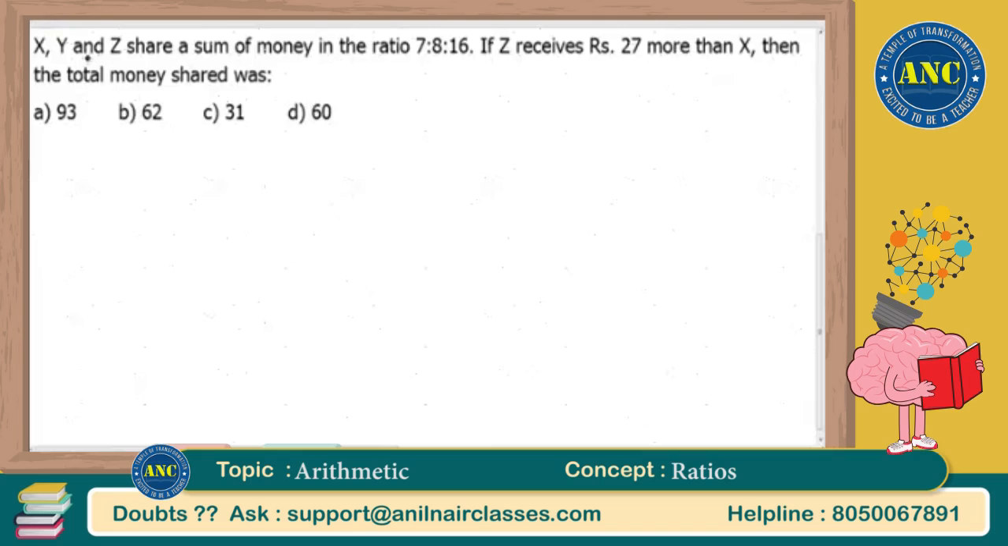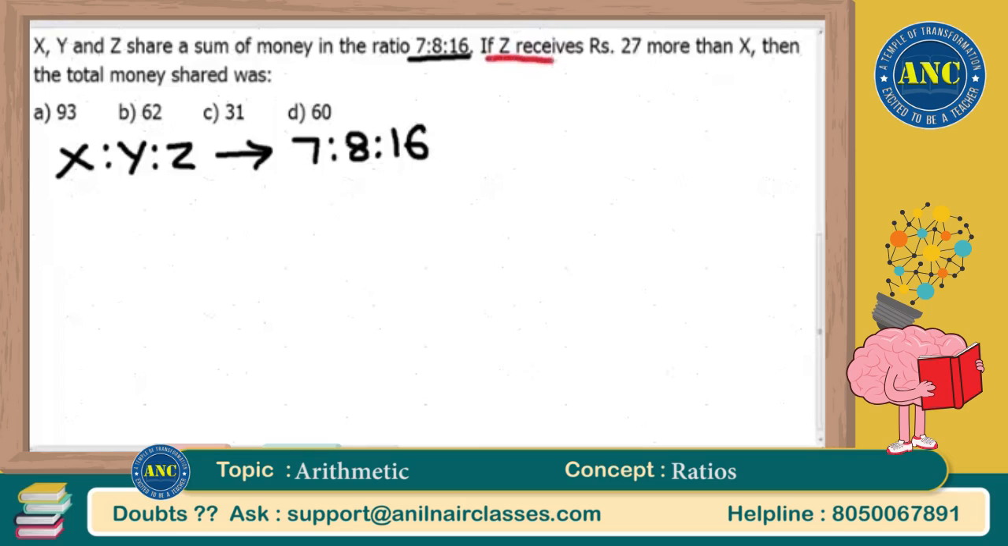See here. X, Y and Z share a sum of money in the ratio 7:8:16. That means there are 3 people, X, Y, Z. X will share 7, Y will share 8 and Z will share 16 rupees. That is the first statement. Second statement says, if Z receives 27 rupees more than X. Listen to this carefully, sir. If Z receives 27 rupees more than X. Now, can I say that according to the ratio,